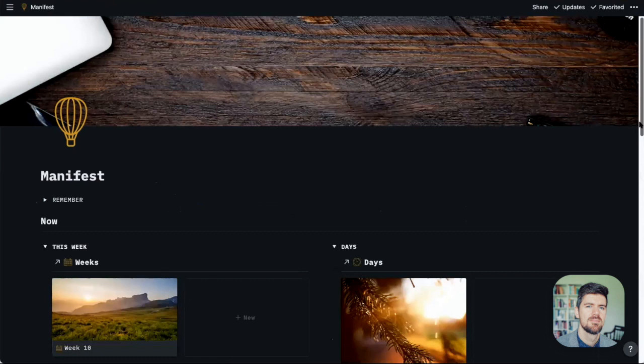The goal over the next couple of weeks is doing a deeper dive into each of these sections, and also for the next version of Manifest, focusing on more templatized pages and spaces, things like days, weeks, projects, areas, so that there's more topical information for that space. And it's also just easier to ramp up on a particular project or set of tasks.